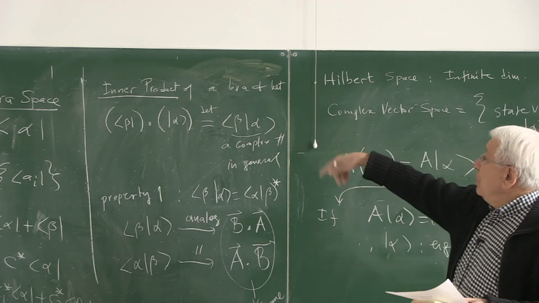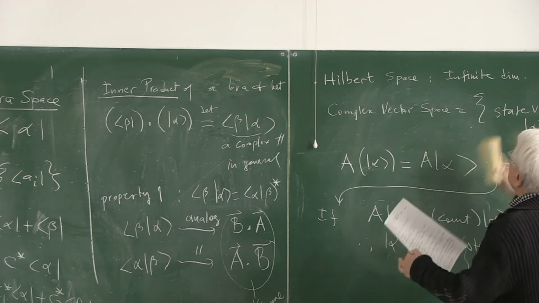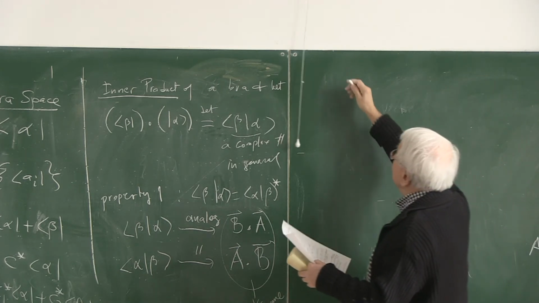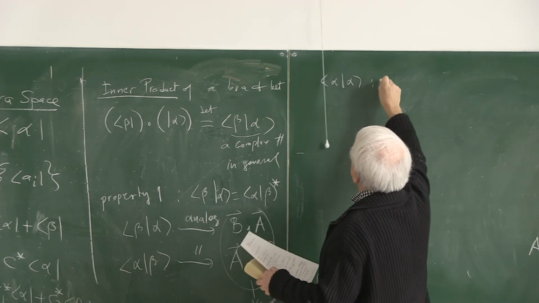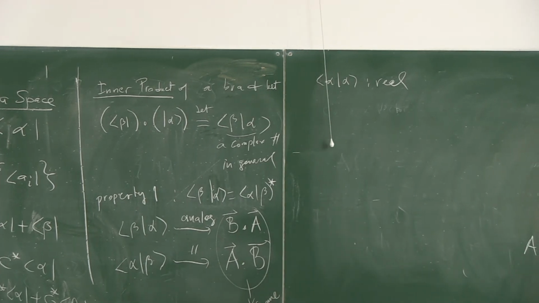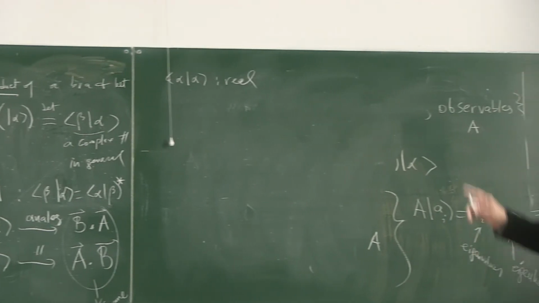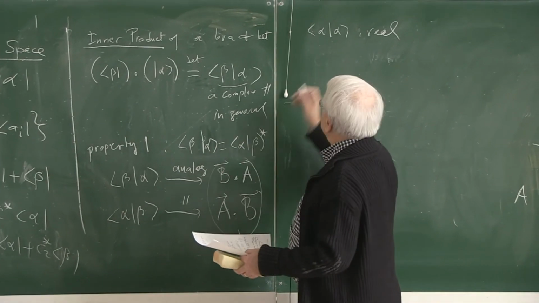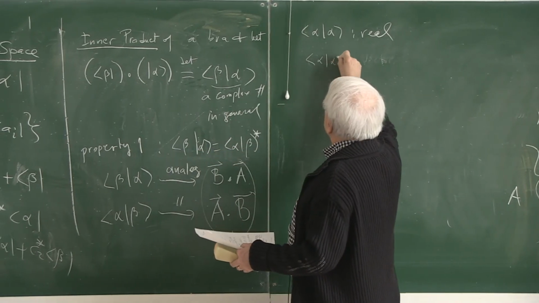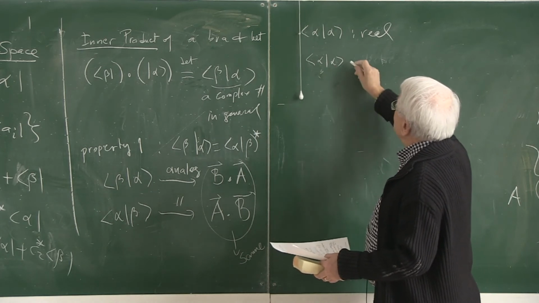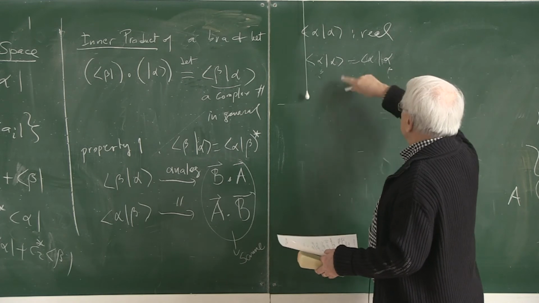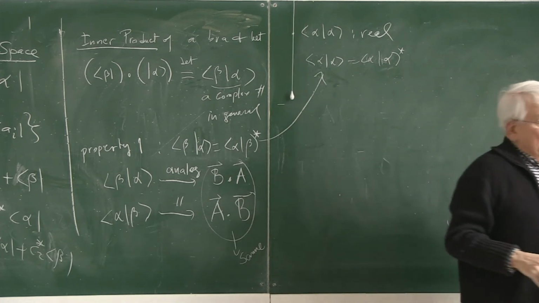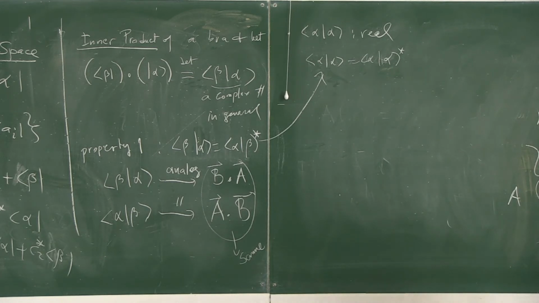it follows from here that I can write it as a lemma, or a result if you want: alpha alpha is real. If you take the inner product of a ket with itself, which you define as such, it's real. The proof is immediately obvious from this theorem. If I take beta to be the same as alpha, that's what used to be beta first. Alpha alpha, that's the beta. Obviously it follows from here automatically that it's self-conjugate, right? Alpha alpha is the same as alpha alpha star. It is nice,